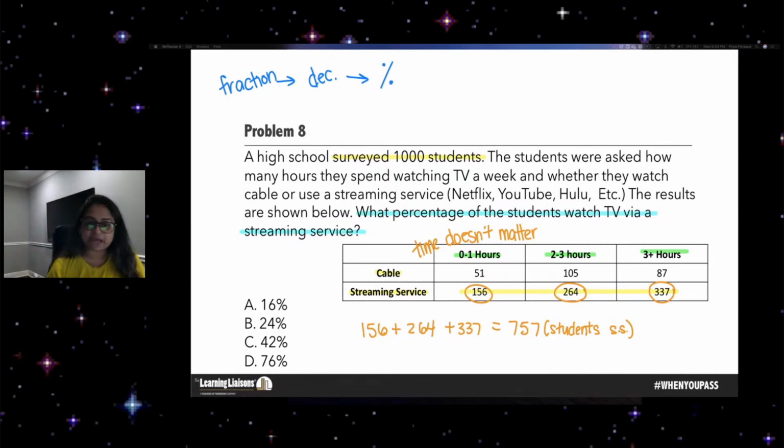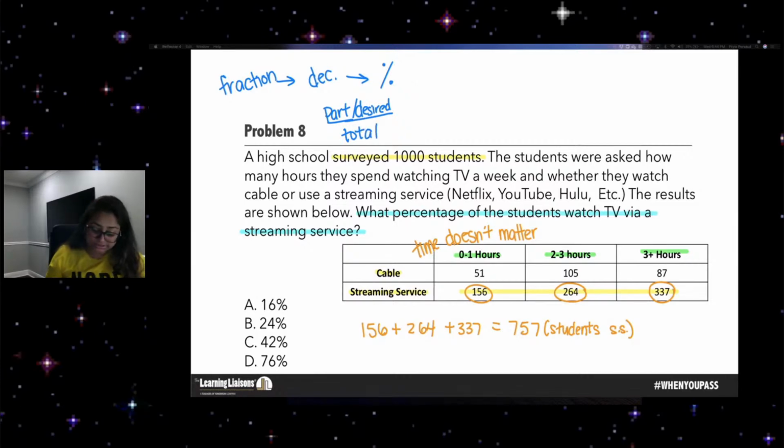The time doesn't matter in this case because they didn't say specifically students that watched the streaming service for 2 to 3 hours or students that watched the streaming service for 3+ hours. They're including all streaming service hours, no matter how many hours you watched it, it's a part of the streaming service, and that's what we're looking at. So in order to make my fraction, I know that I need the part or my desired over my total,